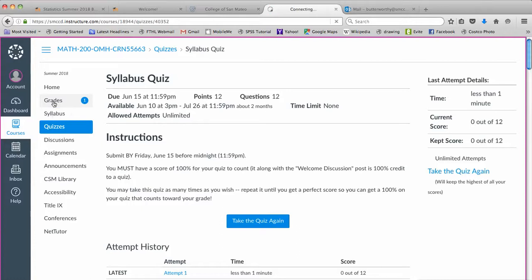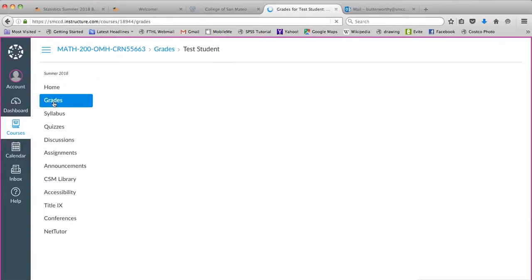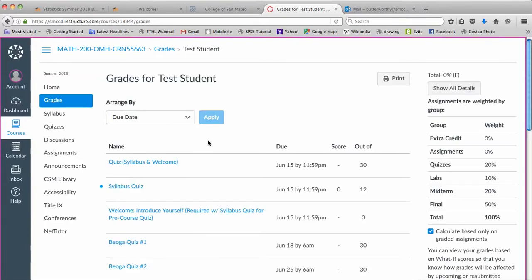So if I go to the grades, you can see all of the things that are coming up, and you'll see this one here is actually a dot, and it says that I've got 0 out of 12 points. So if I click on this syllabus quiz right here like this,